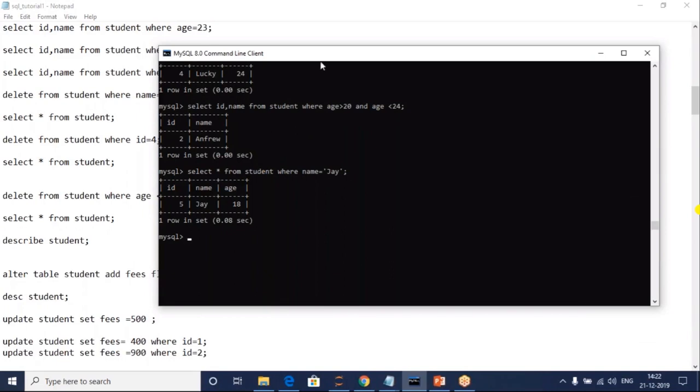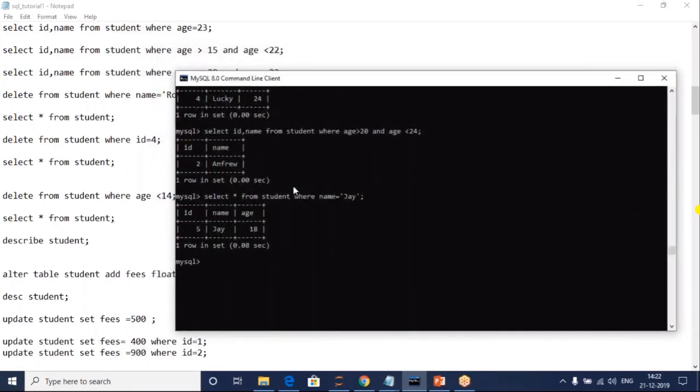Deleting the data. So what I can do here, delete from student. Remember, do not give this command directly. Here, delete from student means it will be deleting all the data. But suppose I want to delete only one data, not all. What I'll do here, delete from student where